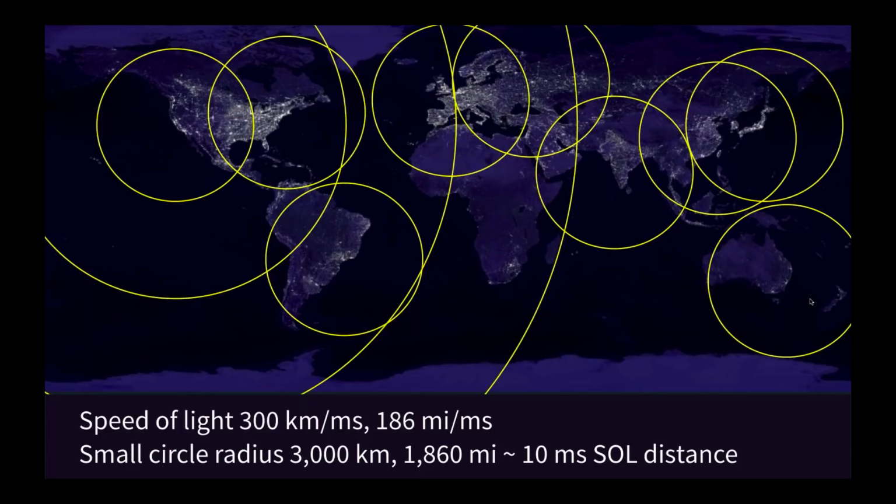But what I wanted to show was these little circles here. There's one centered over San Francisco, one centered over New York, Paris, Moscow, Sao Paulo, India, Japan, and so on. That circle has a radius of about 10 milliseconds at the speed of light. So what this says is that, in general, the best we can do sending a message from San Francisco to Chicago, which happens to be on the edge of the circle on the left, is about 10 milliseconds. So the round trip is at least 20 milliseconds.